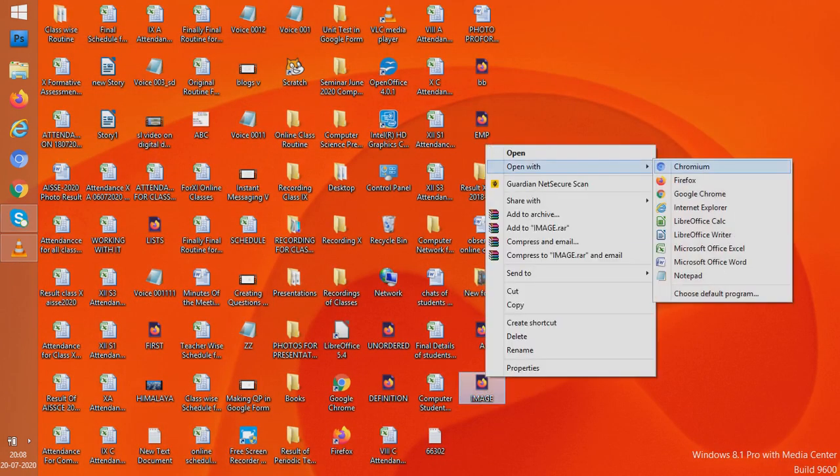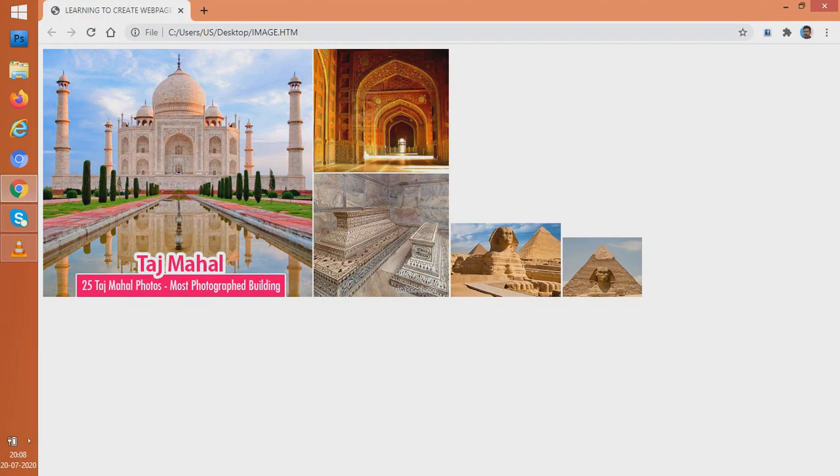We have three images. See, the Taj Mahal image, the image of the pyramid, the first image of the pyramid, one more image of the pyramid. So we have three images. But do you see that the sizes of these three images are different?